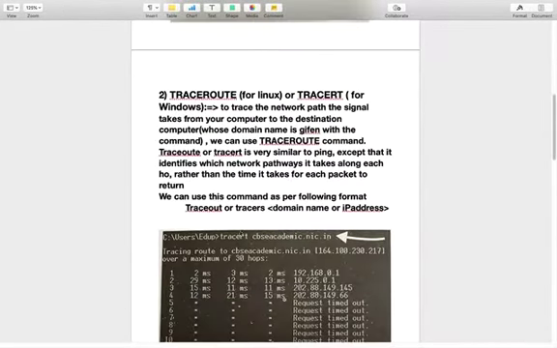Our second command is traceroute, or tracert. The traceroute command is used in the Linux operating system. In Windows we use tracert. The basic function of both these commands is the same. To trace the network path a signal takes from our computer to the destination computer whose domain name is given with the command, we can use the traceroute command. Traceroute or tracert is similar to ping, except that